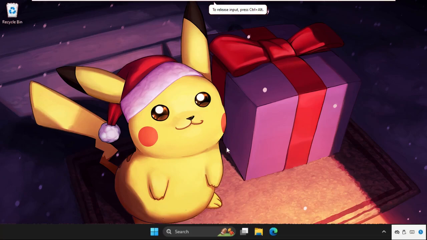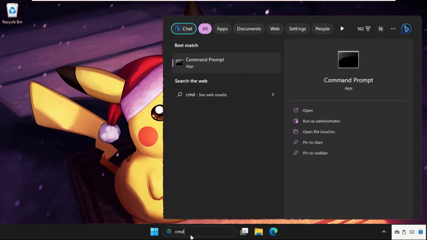Hey guys, I will show you how to fix this problem on Windows system. This solution is applicable for Windows 10 as well as Windows 11 operating system. What you have to do is just follow my screen and we will fix this issue together and quickly. In the first step, go to the search bar, type CMD, then right click on it and select run